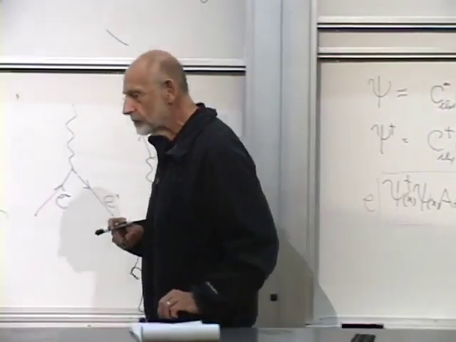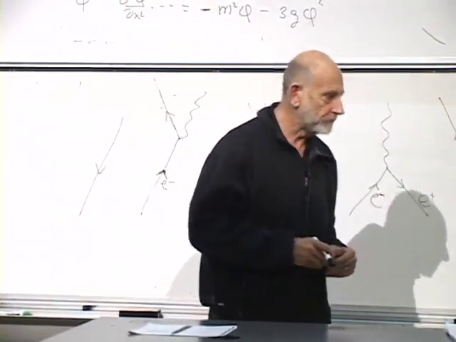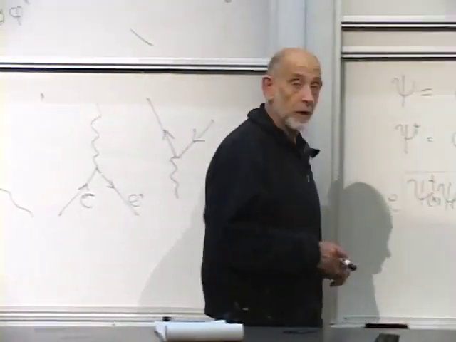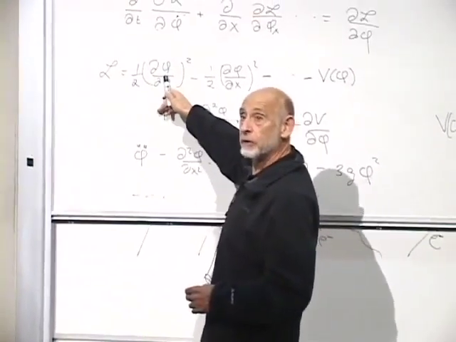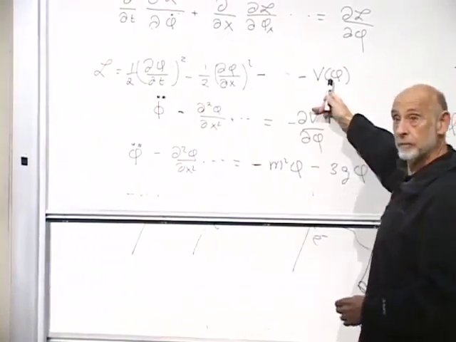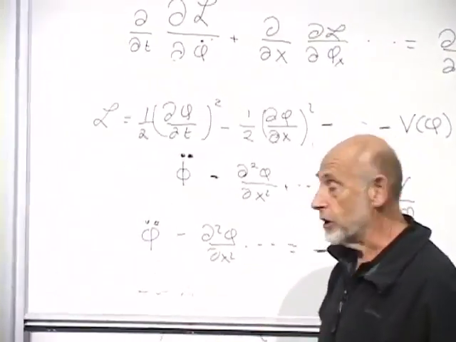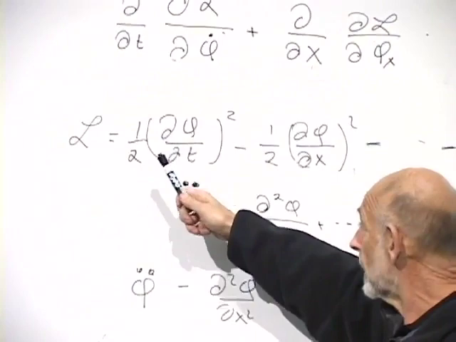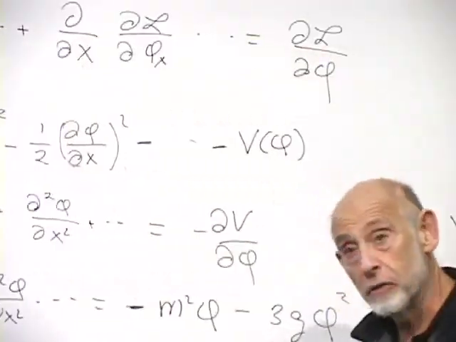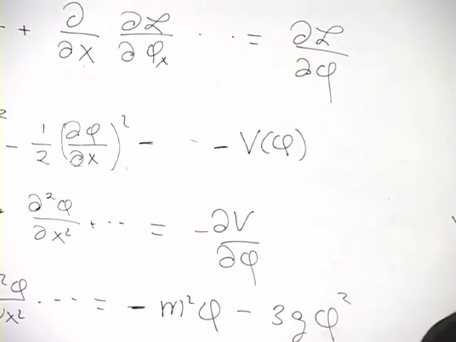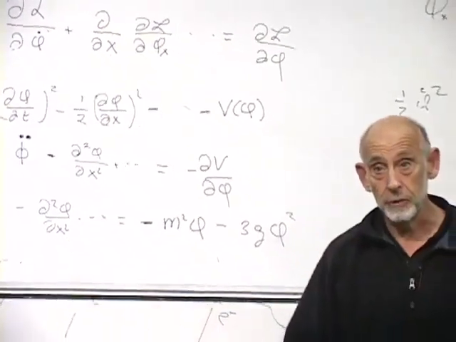But it was something that was defined, in my memory, as the difference between the kinetic energy and the potential energy. Yeah, it is. Right. In fact, here's the kinetic energy of the field, here's the potential energy of the field. These spatial gradients are a kind of generalization of kinetic energy. Kinetic energy means proportional to the square of time derivatives. Potential energy means no derivatives. So that's exactly what it is. Kinetic energy minus potential energy.